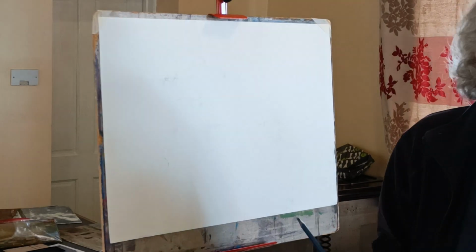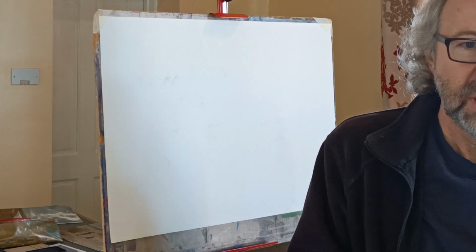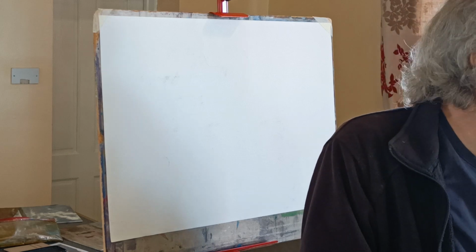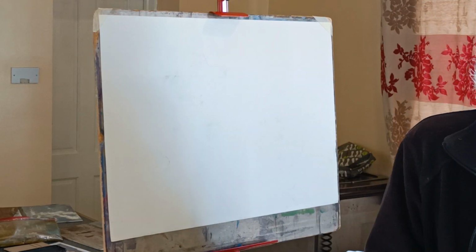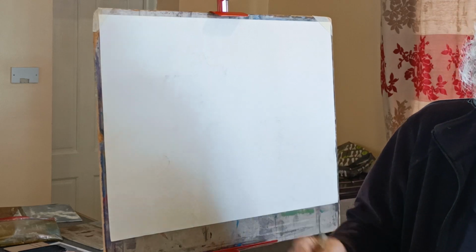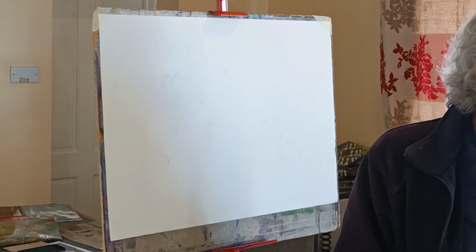Right, so we've got a new month and a new project, which is people. So it can be people in landscape, people in the interior, or people doing something, or people in the distance. It's very, very general, but more rather than sort of portrait, which I did a little bit of